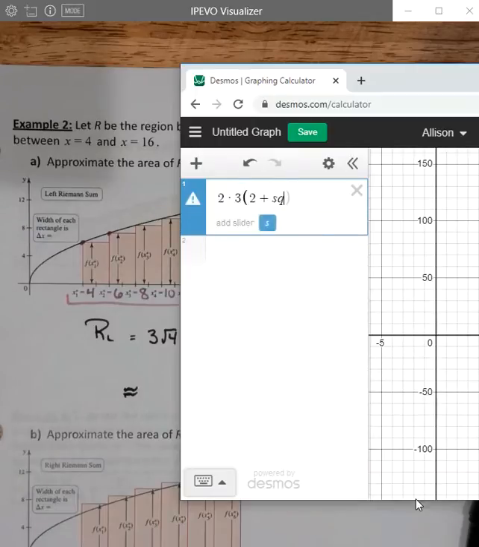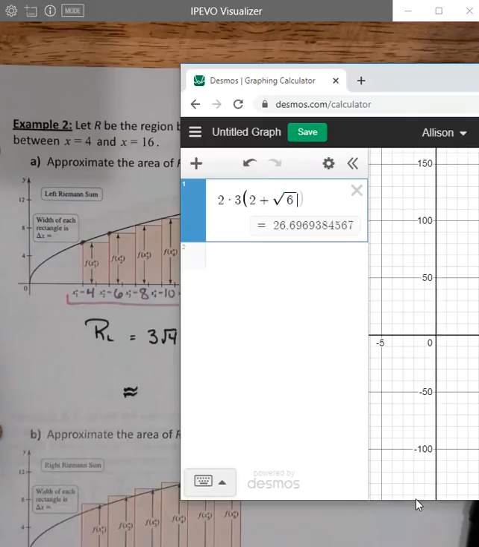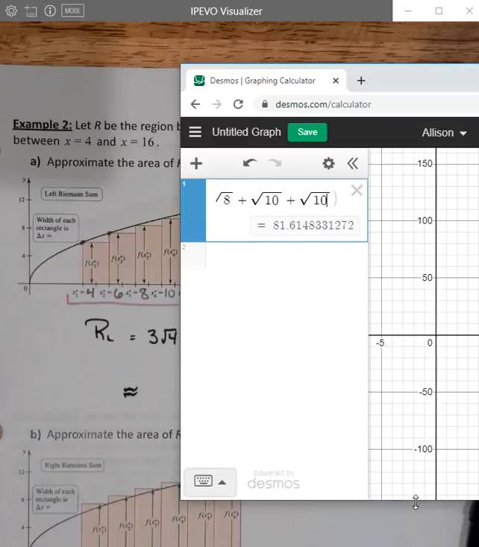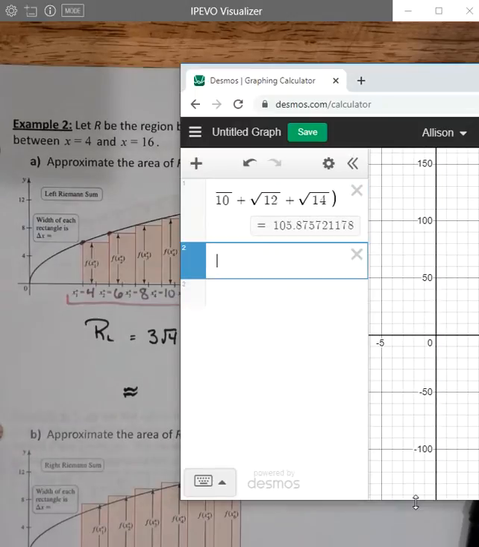So then square root of 6, I'm going to copy that, plus square root of 8, plus, I'm going to copy that with the plus, I think that's even better, and then square root of 10, plus square root of 12 plus square root of 14. And that, because I factored the 3 and the 2 out, gives me